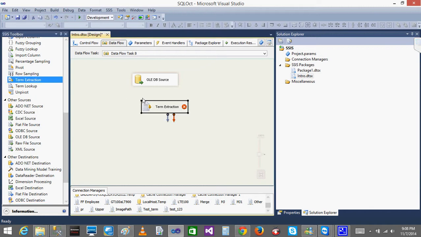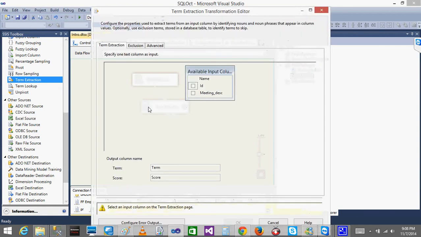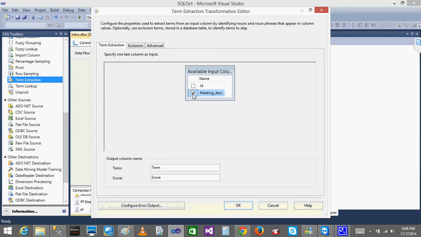So here when I connect the term extraction, I will not at all give any reference table. I will not at all say I want to see Hyderabad, I want to see Raju. I will not at all say here. Automatically the system will go and see each and every description. It will capture whether it is a noun or verb. Okay, so which one I want to do a lookup? I want to do a lookup in the meeting description.